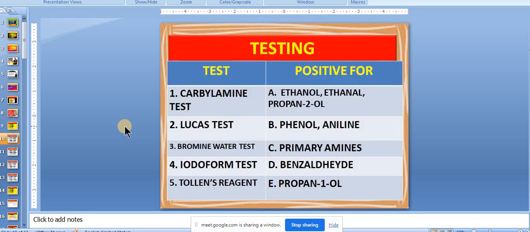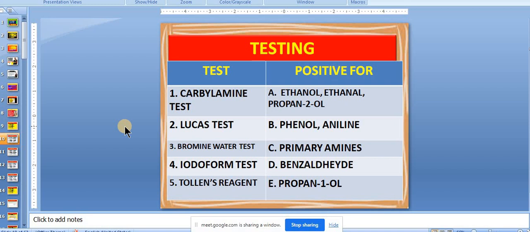Let us start the session with one small eye opener question. You have to write the number and the alphabet, for 5 numbers. You can take 1 minute: 1 and its alphabet, 2 and its alphabet, 3 and its alphabet. Please write your response in the chat box. This is the test, and which organic compound will respond positively to the test. Just give it a try in the chat box, as this will help us understand the testing in an easy manner.